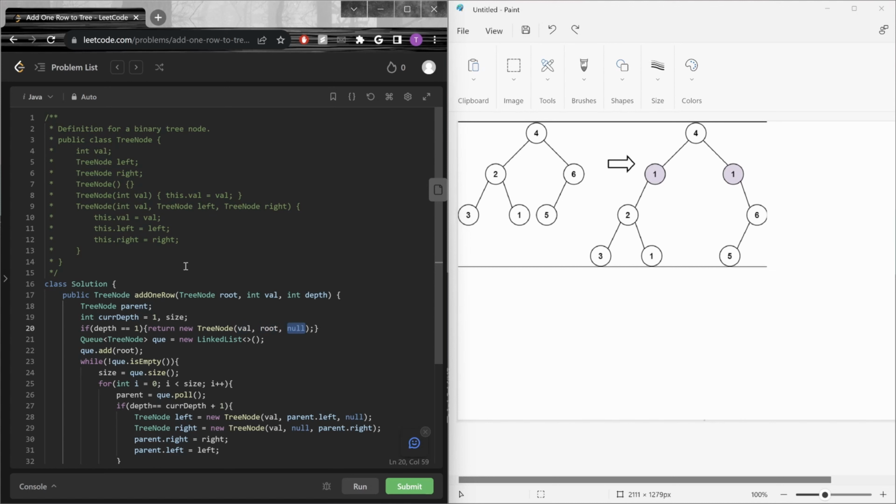And then null, because we don't do anything with the right subtree. As it's said in the bullet point, if the root is where you want to put the tree node, the left subtree of that root is going to be the original subtree, which is what this code is doing right here. So as a typical approach to BFS, we're going to use a queue